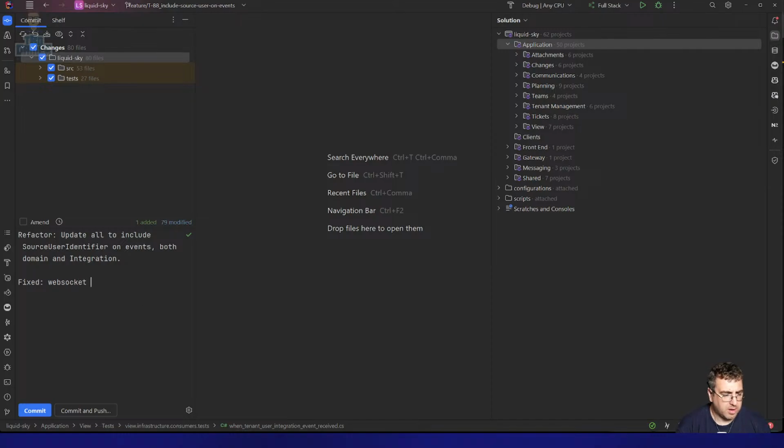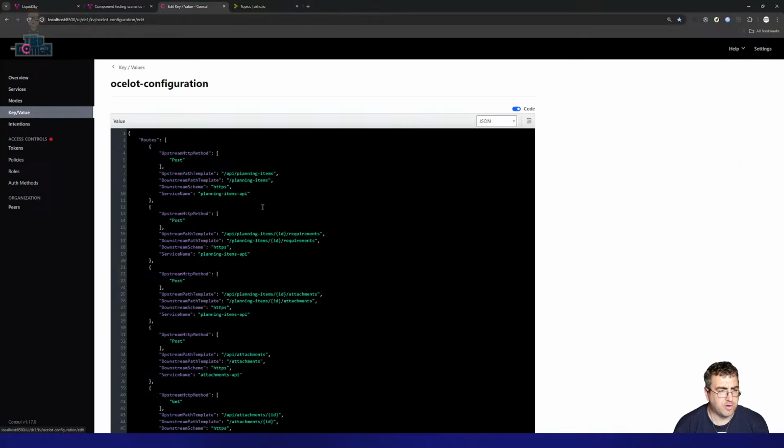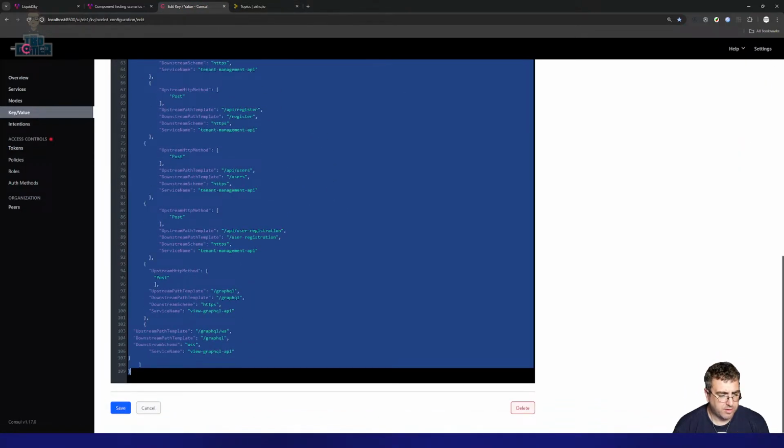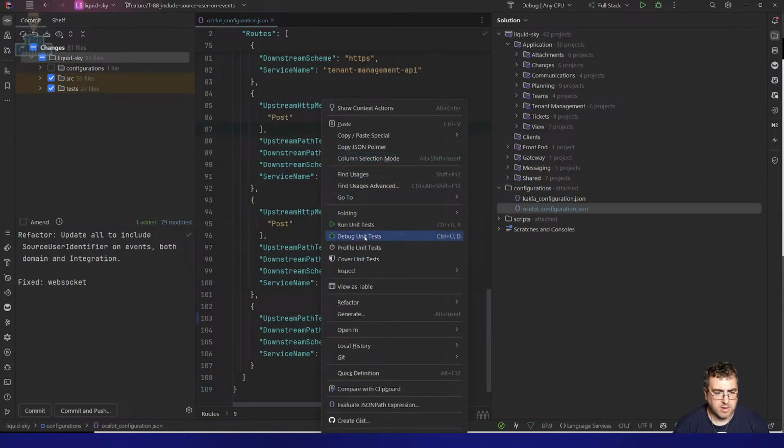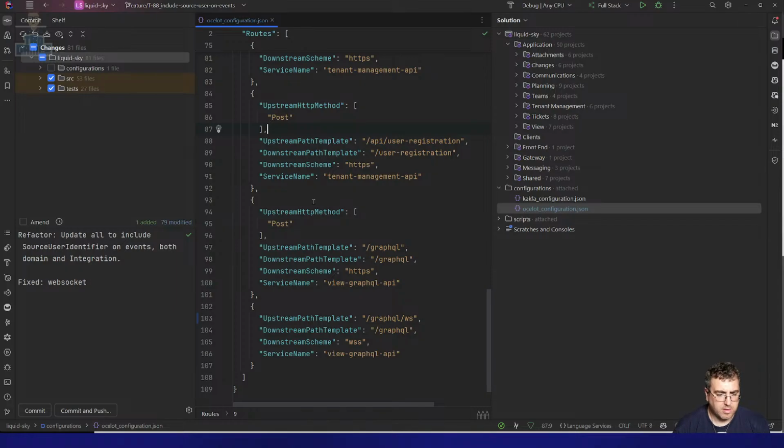WebSocket. Oh, I need to do one more thing before I go and do that. So I store the Ocelot configuration in the code base. Ocelot doesn't like you having, so I had GraphQL and GraphQL mapped. Now the WebSocket version and the HTTPS version both go to GraphQL. So through the API gateway, I map this, and then the WebSocket connects through that. So the WebSocket's used over WSS or